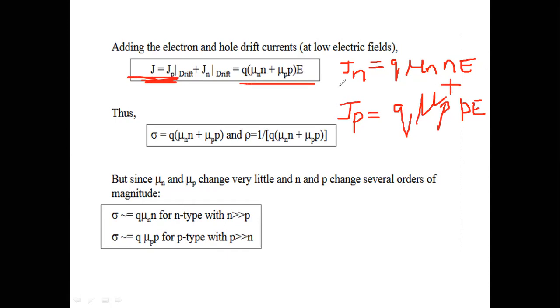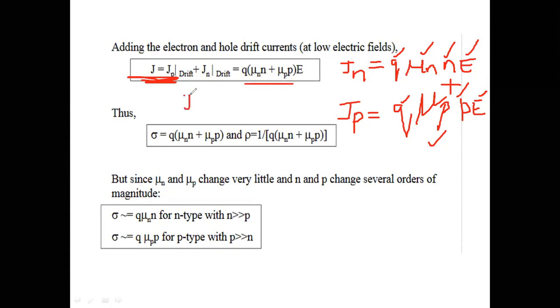So current density depends on the mobility of charge carriers, electric field, concentration of charge carriers, and charge. Of course, I have to multiply this with charge to get total current. So this is called drift current density. Here, Q into (mu n into n plus mu p into p) is called the conductivity of the semiconductor.